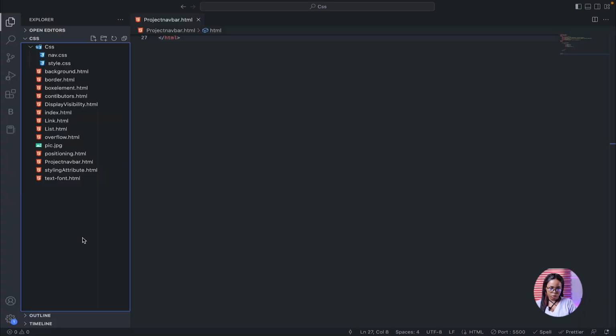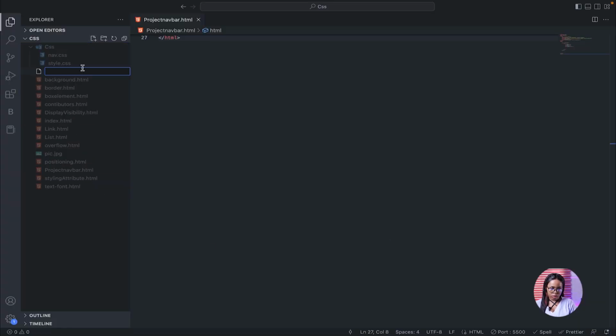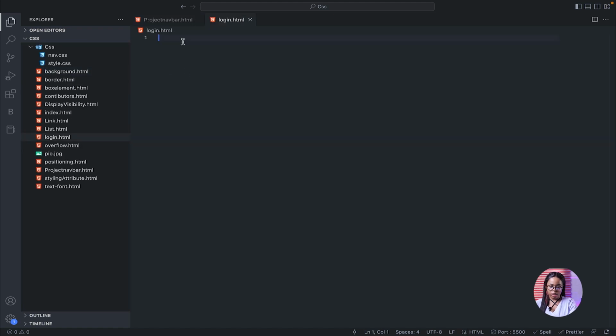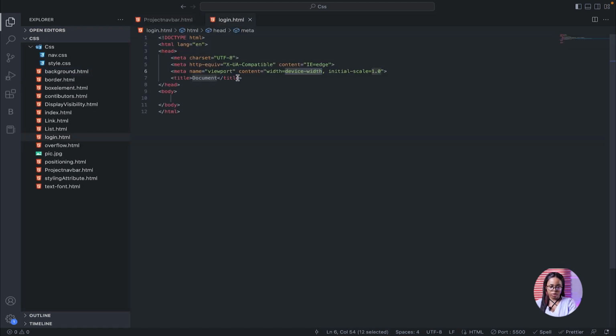So the first thing we're going to be doing is creating our HTML file. We're going to call this login.html. So let's do our shortcuts. Good. So we're going to name this login page. Good. So as we already know, to build the login page, we need a form tag, then we need